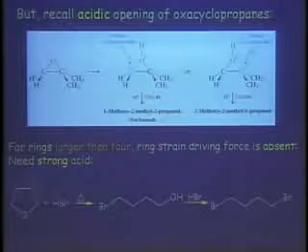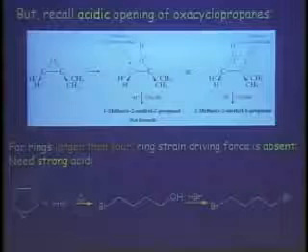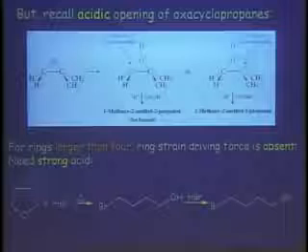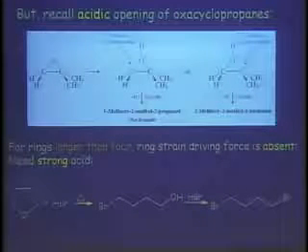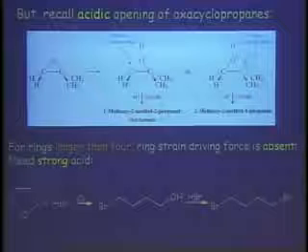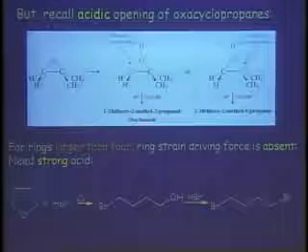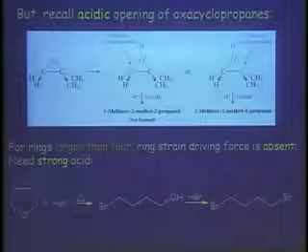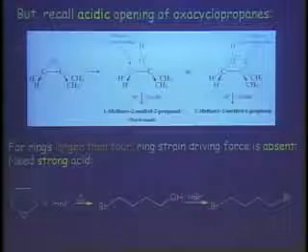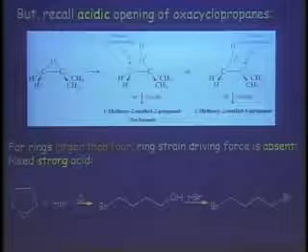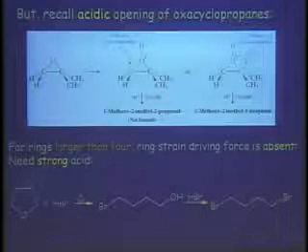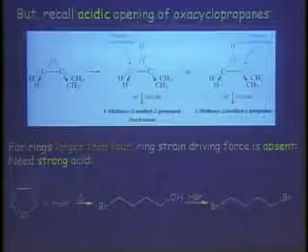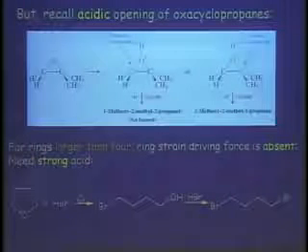And now, under acidic conditions, it's the neutral nucleophile that attacks. Normally, the neutral nucleophile is not hot enough to attack if it's a nucleophilic oxygen. But in the previous slide, we saw that a neutral amine is nucleophilic enough to ring open oxocyclopropanes, although you have to heat. So here under acidic conditions, you protonate. And remember that now, because of this protonated species, we have a full positive charge here. Charge control takes over as opposed to basic conditions.